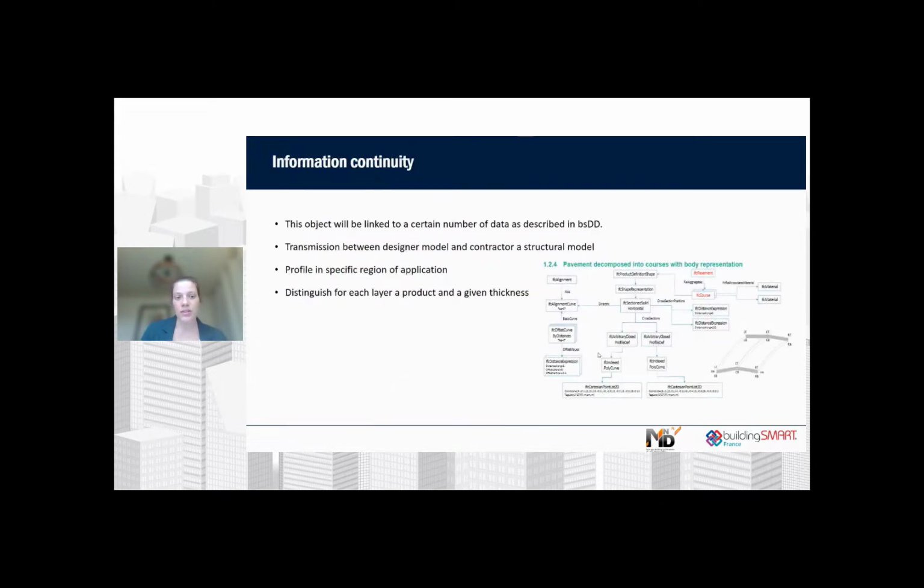Of course, all this work is also very linked to the IFC, and the object and the data that are described in the buildingSMART data dictionary has to be aligned with the structure and how an IFC is built. We also identify quite specific use cases. So we're speaking about pavement design,